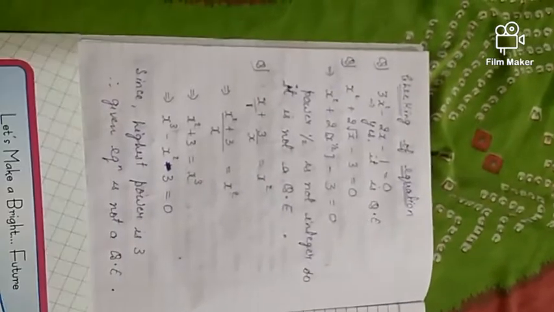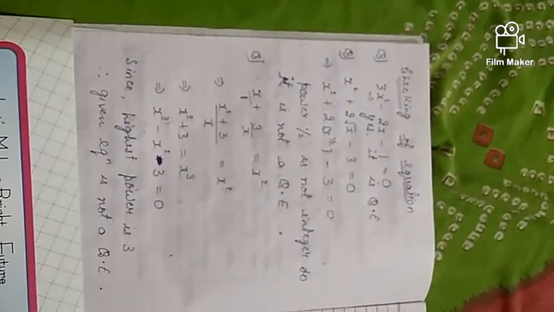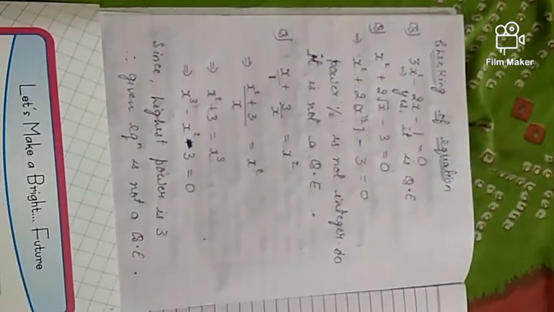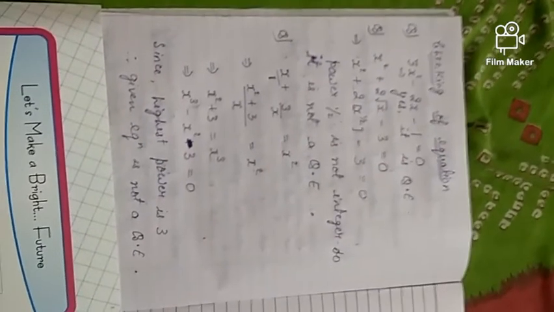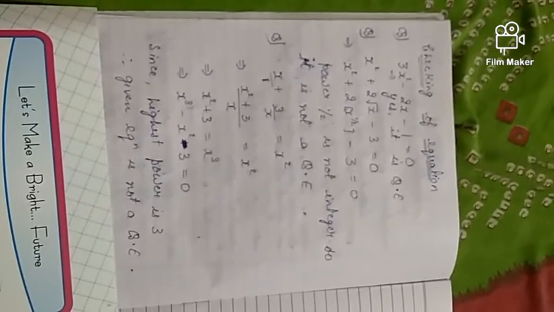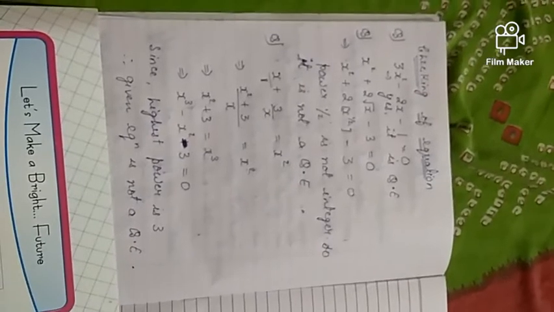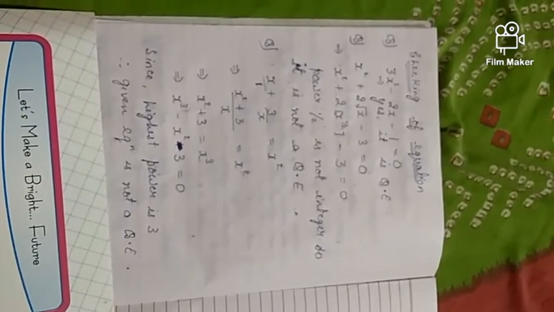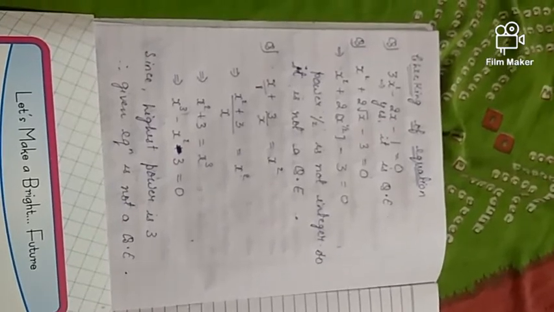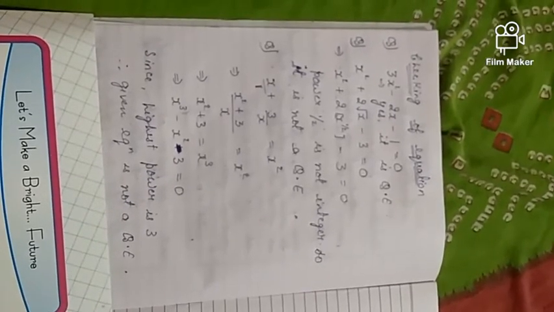Okay, so this is how we check whether the given equation is a quadratic equation or not. There are 2 key points, I am repeating them. First, you check the highest power. If it is 2, yes, it can be a quadratic equation. Secondly, you check whether all the powers of that equation are integers. If it is so, definitely it is a quadratic equation, and if it is not so, it is not a quadratic equation.